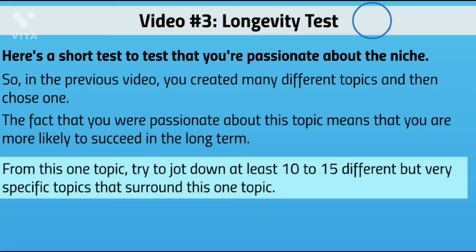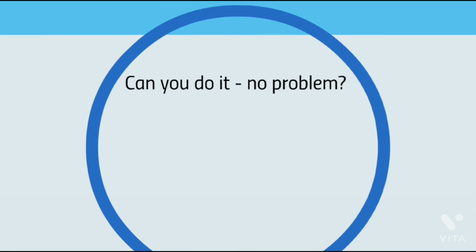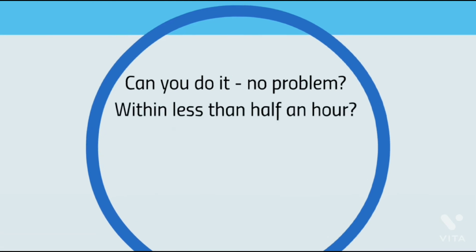So what we're trying to do is figure out how many topics you can create. So go ahead and do that now, pause the video. If you got 10, great. If you got 15, super. If you got 20, awesome. But if you got at least 10 within less than half an hour, then that's a good sign. That means that in your brain, you're able to produce topics right away and that you're actually passionate about this